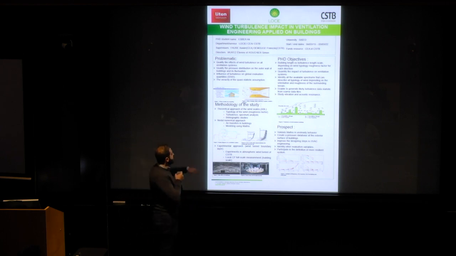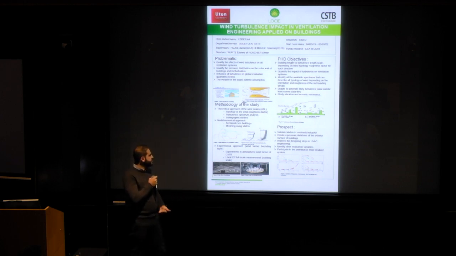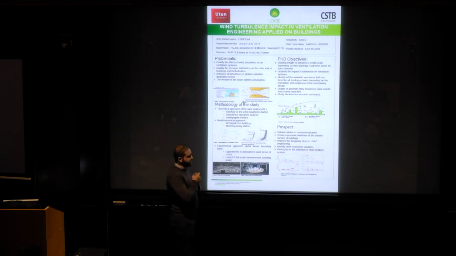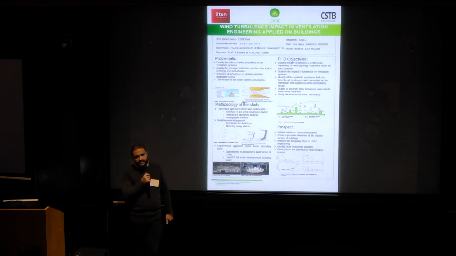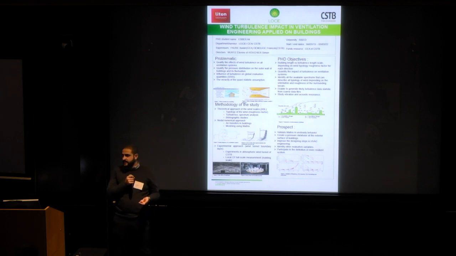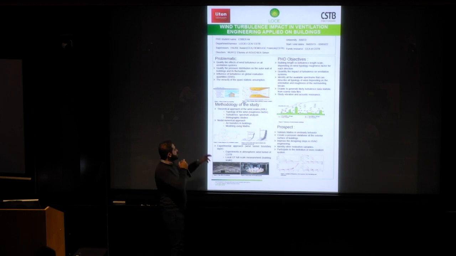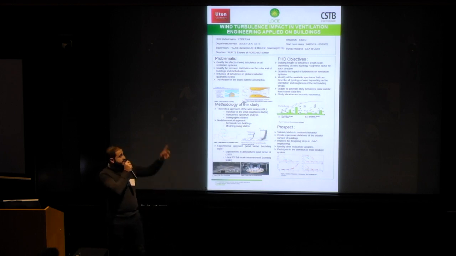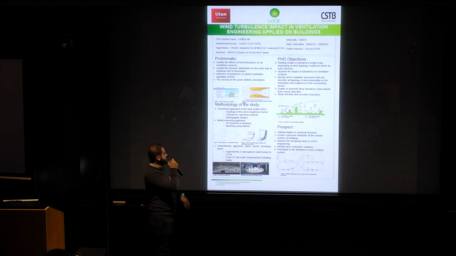Now for the methodology, we divided our work into three parts. First of all, the theoretical approach, which is based on the typology of the winds, the roughness factors, the turbulence and spectrum analysis, and the bibliographic study. The second one is a nodal numerical approach, about the transfer of air inside the building and the zones that we will study, and we will use for that the Mattis modeling. It is software developed by the CSTB to study this problem with a nodal numerical solution.